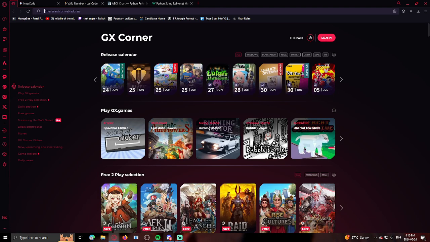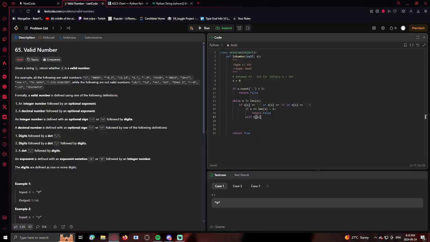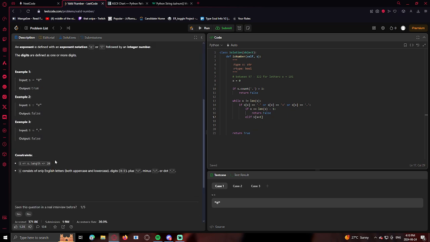Cool, nice, that's amazing. I don't know what I just did. There you go. If x plus 1 is a number, what's the range? 0 to 9. Elif if s at x plus 1 is less than or equal to 9 and